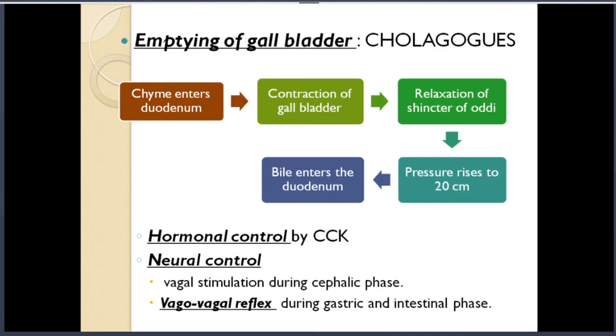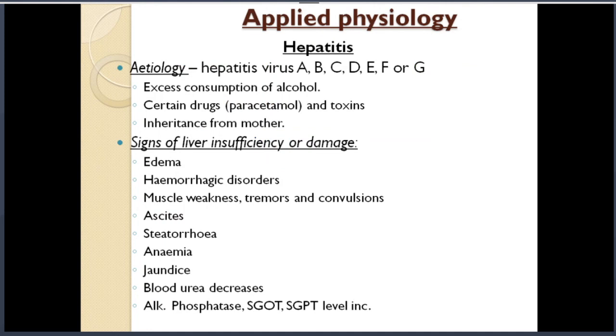So all this is how the biliary secretion is regulated in liver and in gallbladder, and then it mixes with the bile that is being released in the duodenum. It mixes with the chyme that is acidic in nature, neutralizes it, gives an optimum pH to the intestine for enzymatic activity, and helps in lubrication and digestion of fat and other things. So this is how biliary secretion occurs and facilitates the digestion process in GIT.